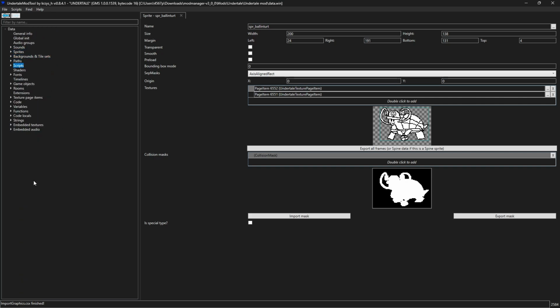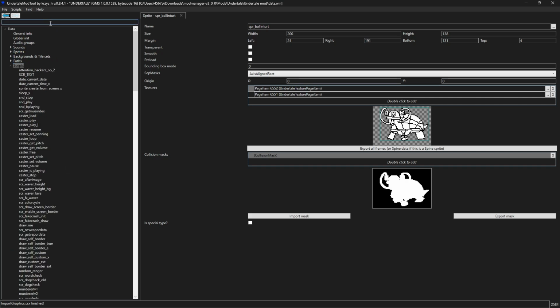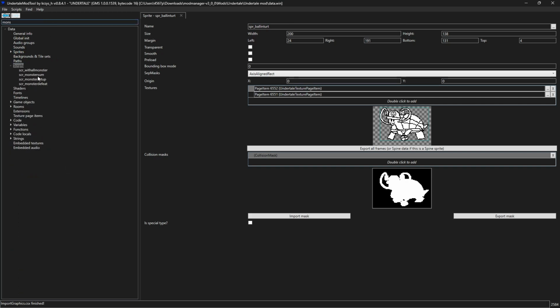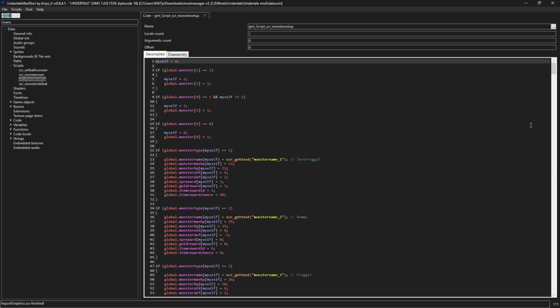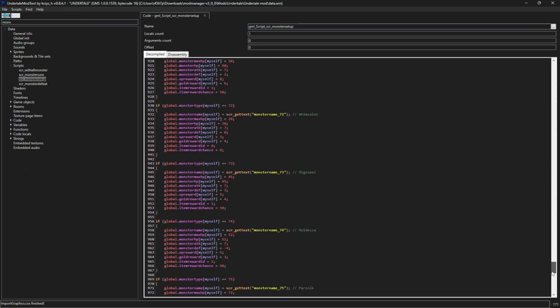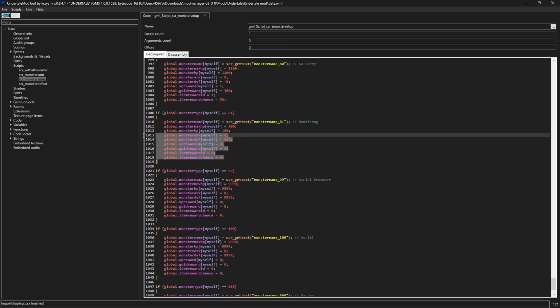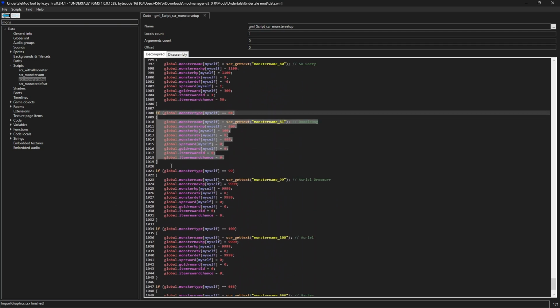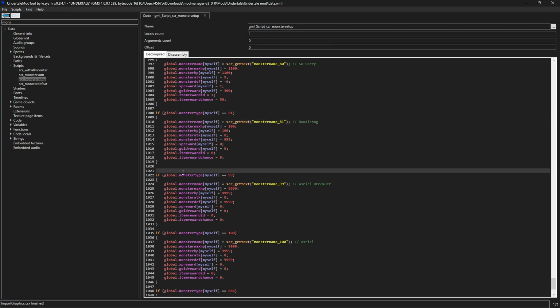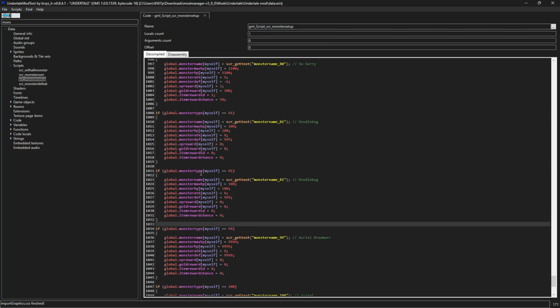So, number one, we need to do some of the monster setup. Here it is, monster setup. We will find an empty slot. Here we go, 82. So if we add on, if case is 82, our name will just be ball,